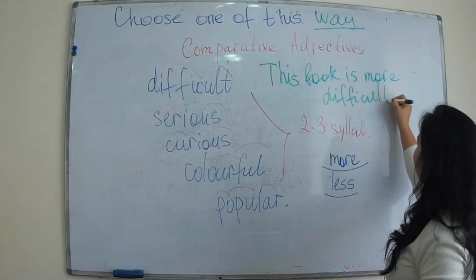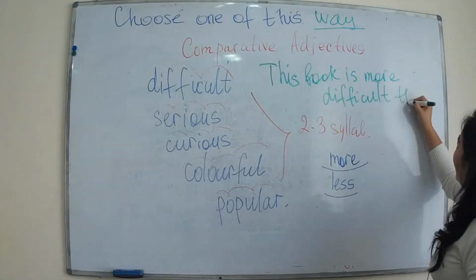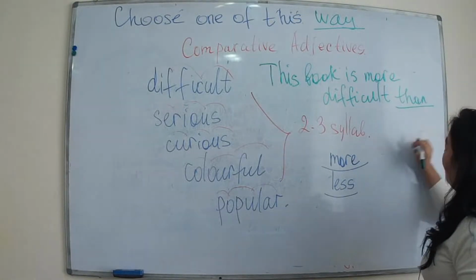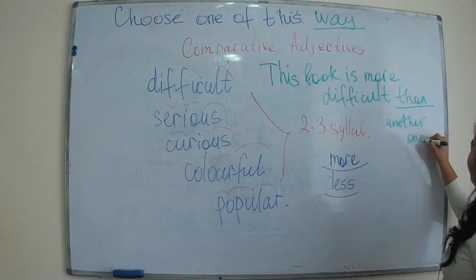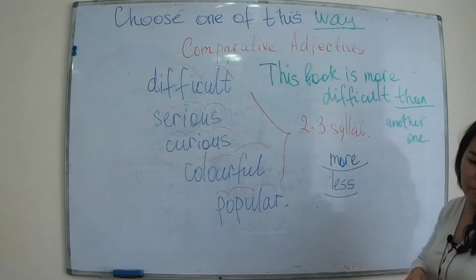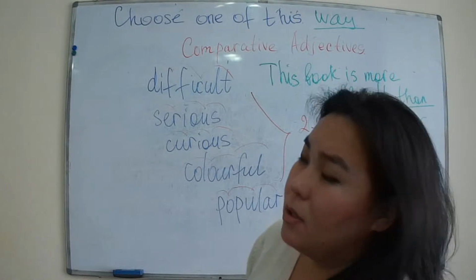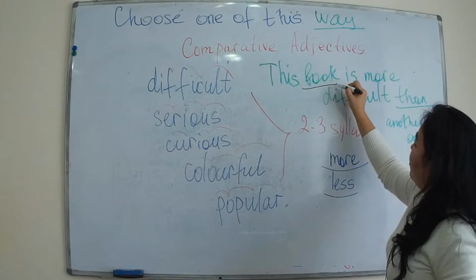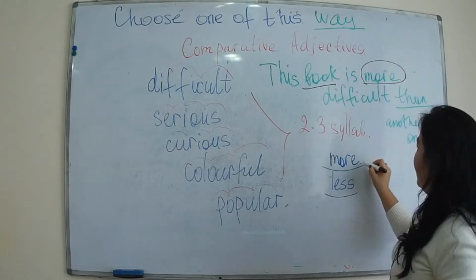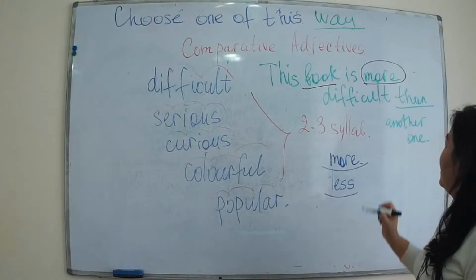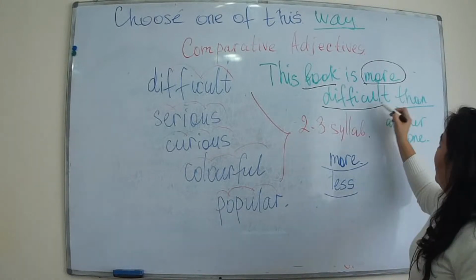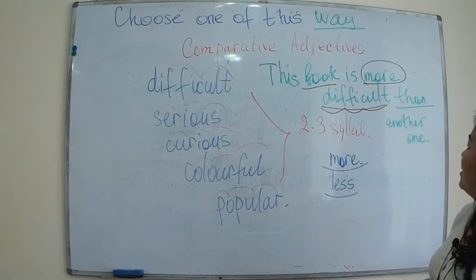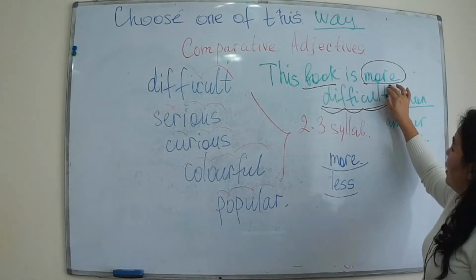This book is more difficult than, we should use than, чем, than another one. Or than yours, than mine, and so on. So you see that here we have the noun book, and we use the helper more, as I told before, and difficult. This is an adjective with 3 syllables, and we use the helper more in order to describe that